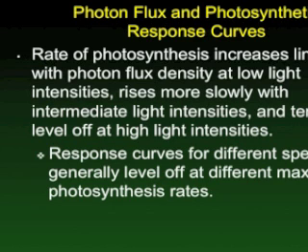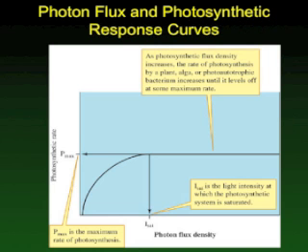An example in your book in figure 7.21 was a comparison between the response of a fern to the light intensity compared to a desert shrub, and the fern is adapted to a low light environment. So when the photon flux intensity got to a certain level, it just could not respond any further to that, whereas the desert plant, which is more adapted to high intensities of light, was able to.